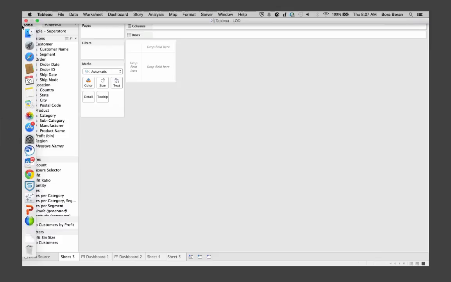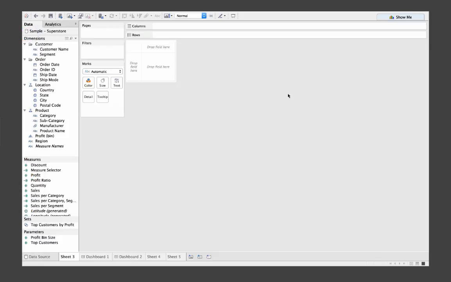Well, let's start talking about what level of detail means in Tableau. When I talk to a lot of people regarding level of detail, people automatically assume what you put on the detail shelf determines what level of detail is. But let's start with a small example.